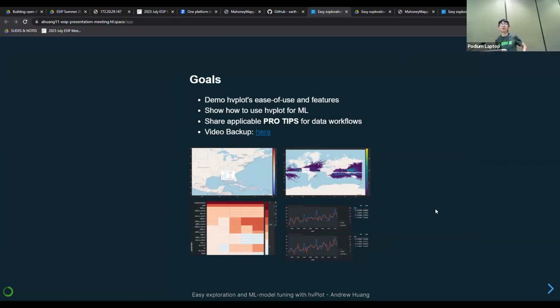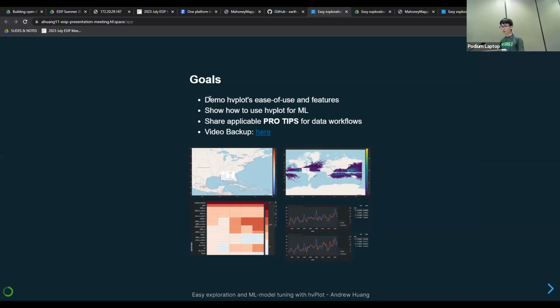So to start out, who here uses Python? That's great. And who here uses Matplotlib? Awesome. So today I'll show you another way to plot, and that's using HVPlot. Another question is, who uses pandas or Xarray? Great. So HVPlot plugs into Xarray or pandas really easily. Whether it's GeoPandas or Xarray, it all works.